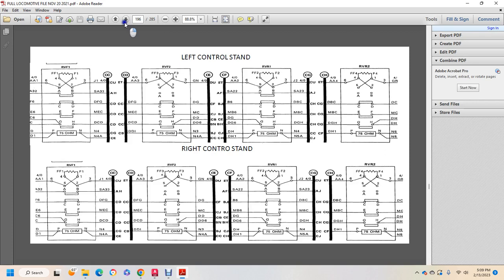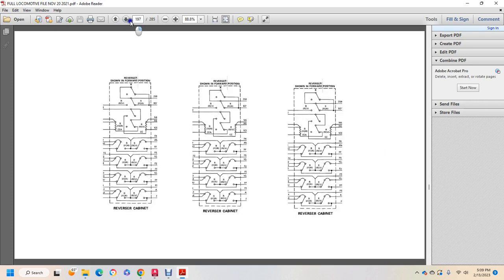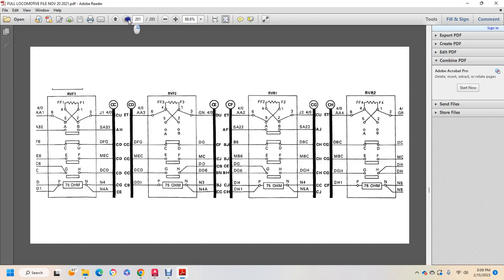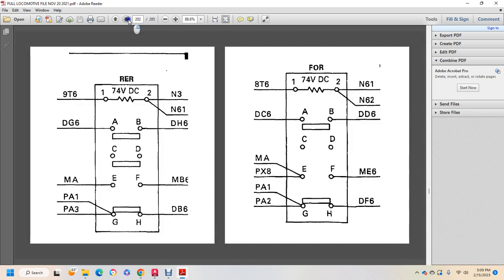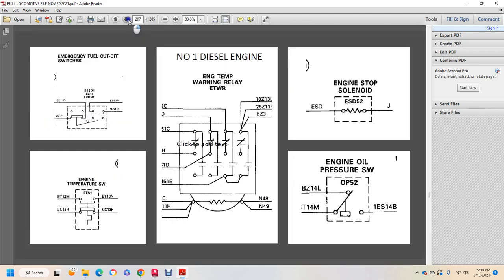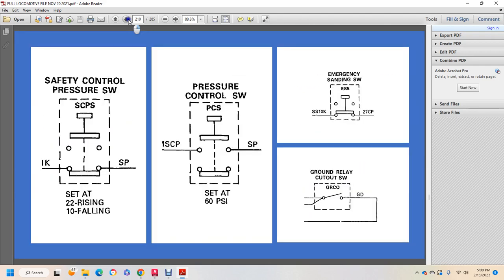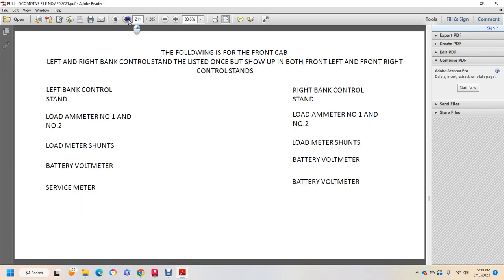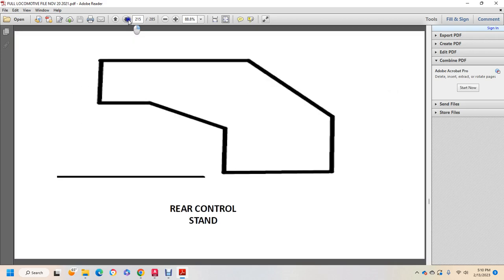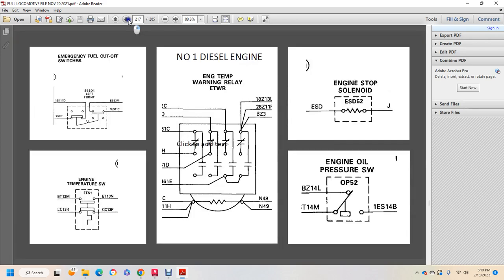RV, and reverser cabinet. Left control, rear control, show the reverser cabinet, master control, reverse forward, reverse rear, reverser forward, engine start and stop switches. That's the front first, number 1, number 2, diesel engine, pressure control, switch and safety, emergency SAN. Load meters and service shunt meters, safety relays, wheel slip indicator, rear control, start switch, stop switch, and temperature stop switches, fuel cutoff,